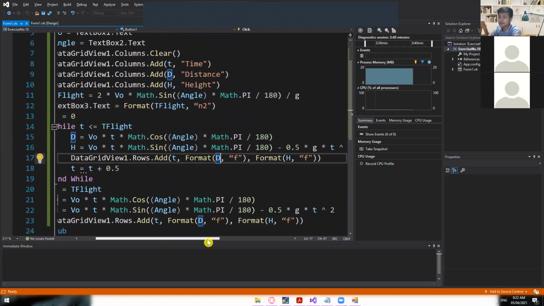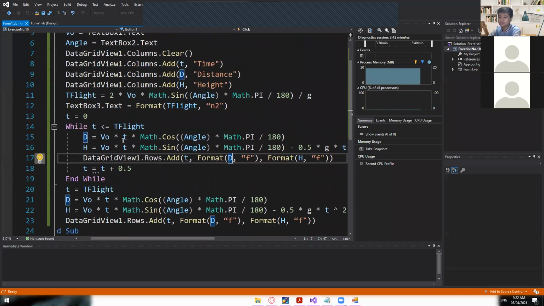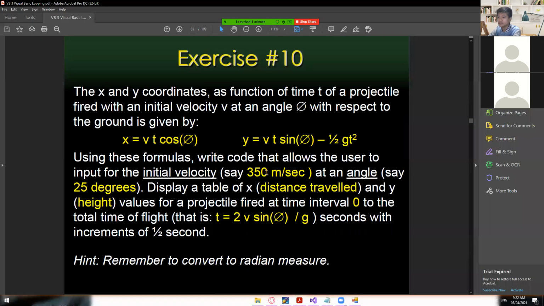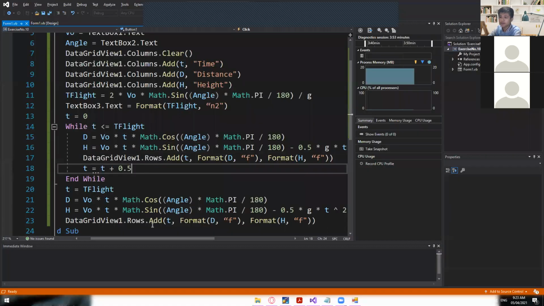Okay, and then we have here the formulas for the distance and the height, wherein you will see the distance formula right here and then the height formula right here. Okay, and then it's incrementing by 0.5. All right, so